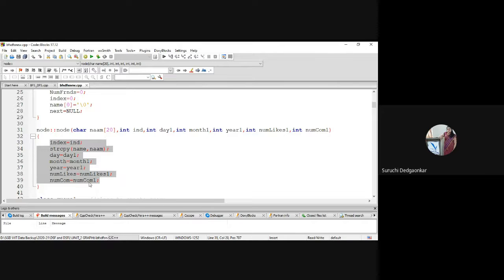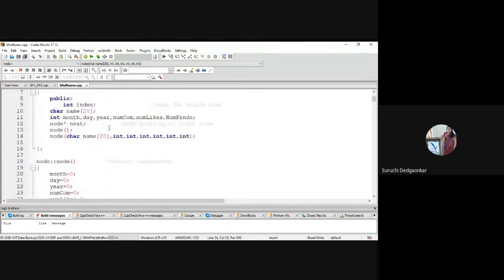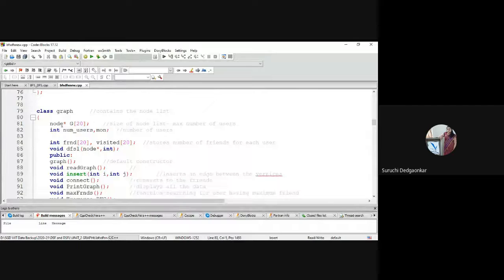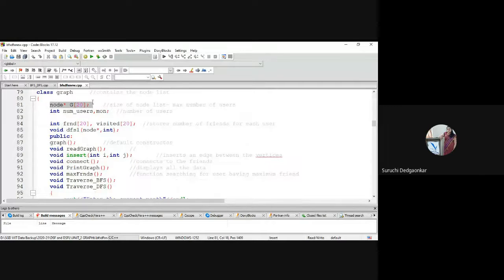Okay. Then we'll go to the graph. After the single node class is created, I will declare the graph. This is our graph declaration: node pointer g of 20. This is telling that it is an adjacency list representation. So maximum I can have 20 linked lists.